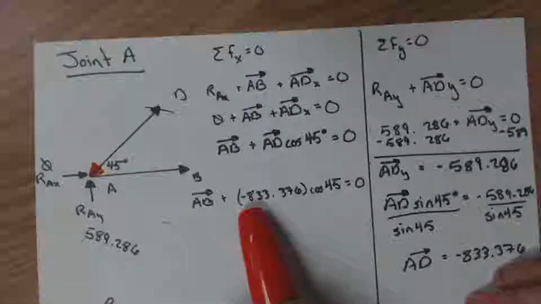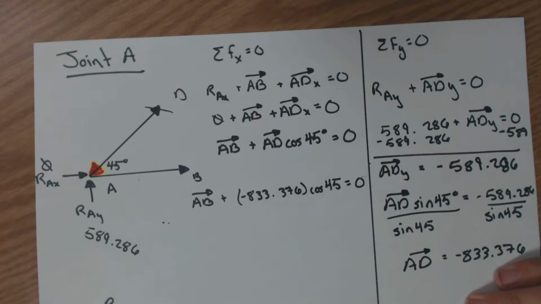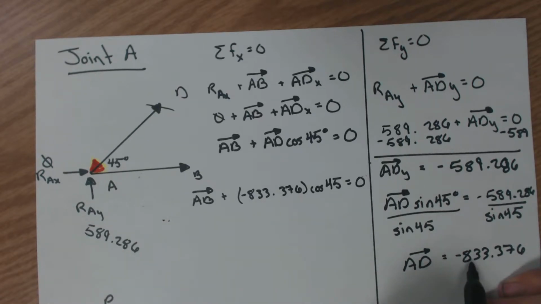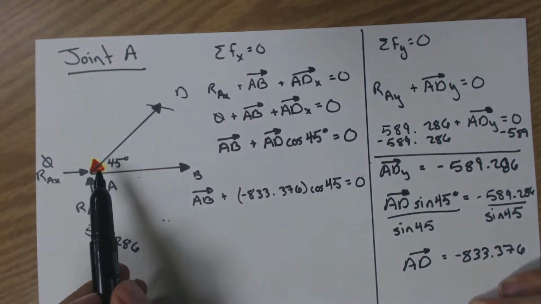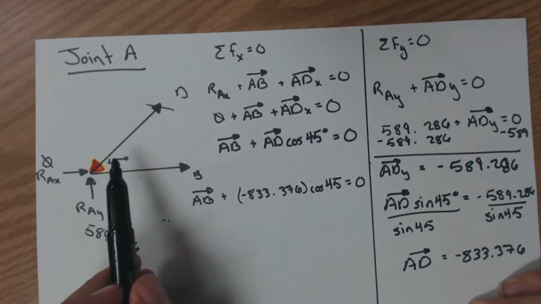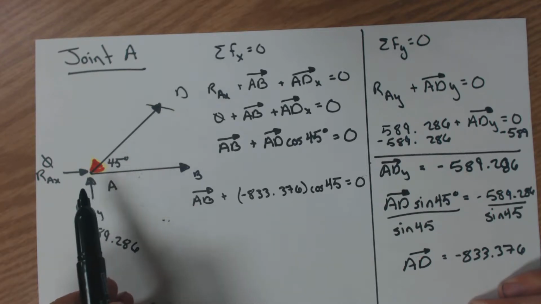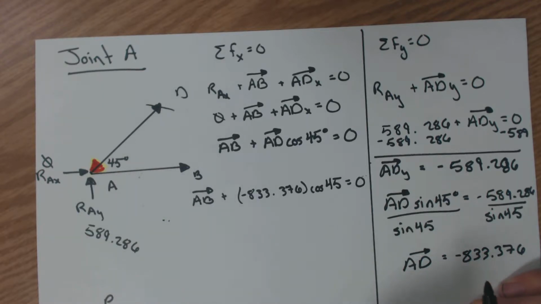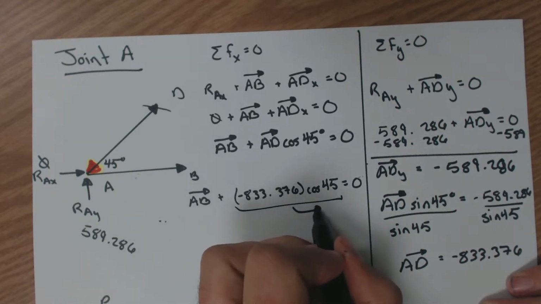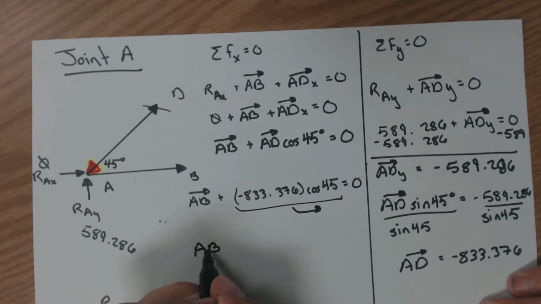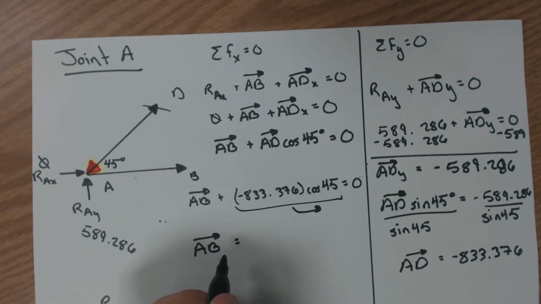So instead of using my negative 833, because this number was negative 833, this is in my x-axis. In which direction is this arrow going? It's going to the left. Vectors going to the left are considered negative in my x-axis. So just keep that in mind. Solve all of this, and you have to move it to the other side. And your vector AB ends up equaling